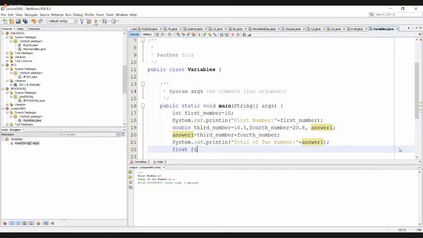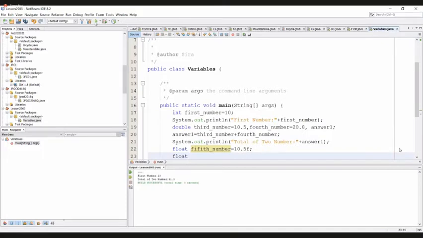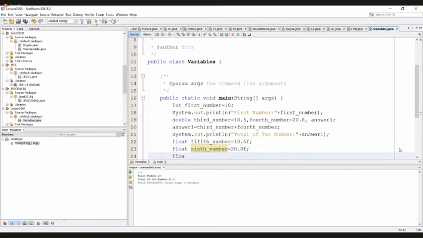Here we'll say fifth number, assign 10.5f, then float sixth number, assign 20.8f, then float answer 2 assign fifth underscore number plus sixth underscore number.